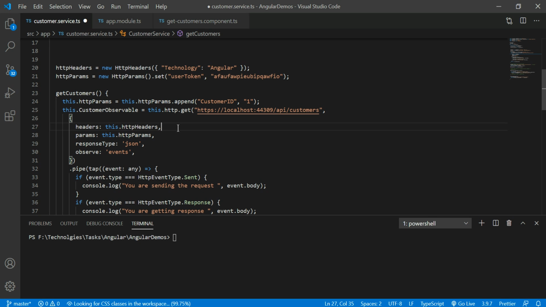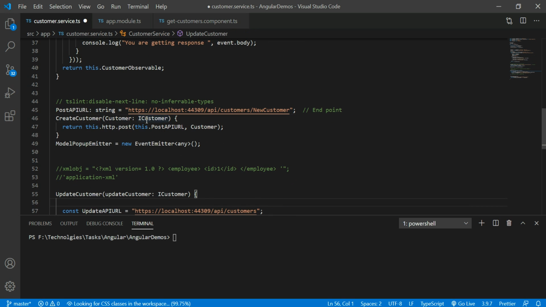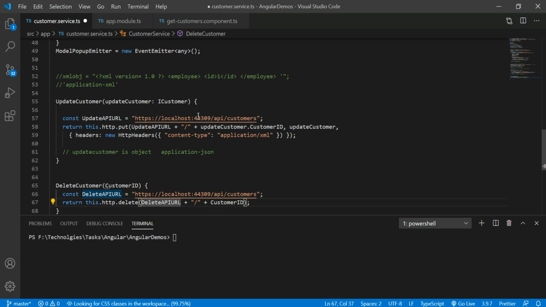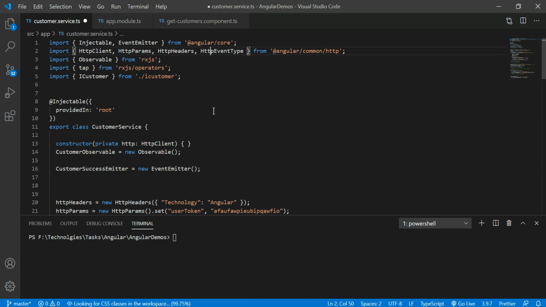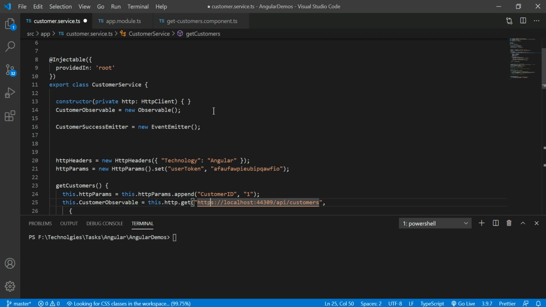Okay, now I am creating the HTTP interceptor, and I want to add these headers for each and every request. As of now, the HTTP request technology in Angular has this only for the HTTP GET request. If you see the POST request, it doesn't have that kind of header section, and update also doesn't have it, and delete also doesn't have that section. Not only for this operation of this customer component, if you want to add the same header section to different components, you can add it in the HTTP interceptors.